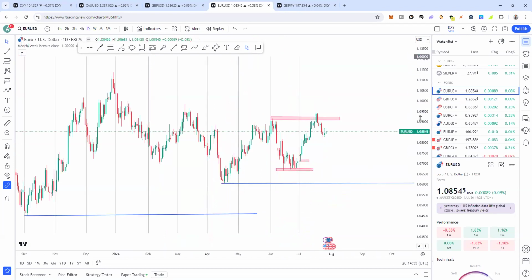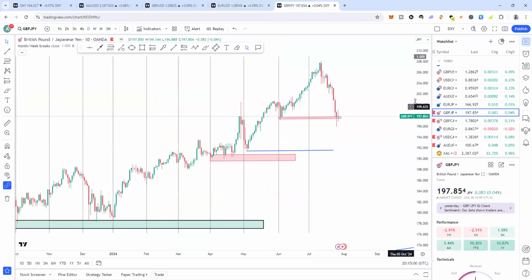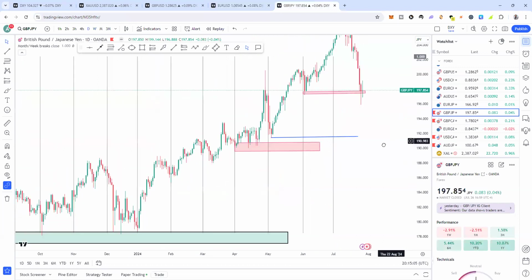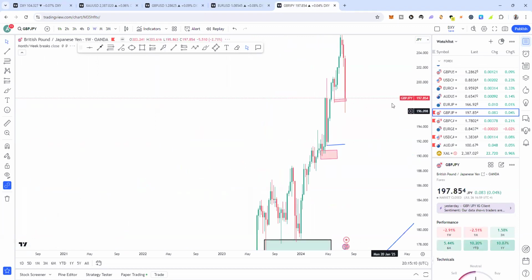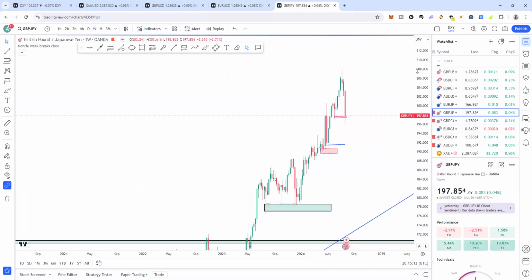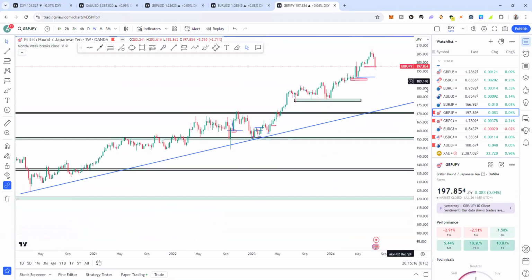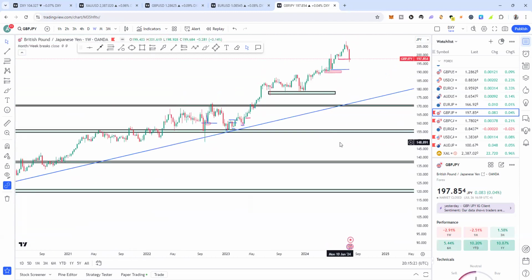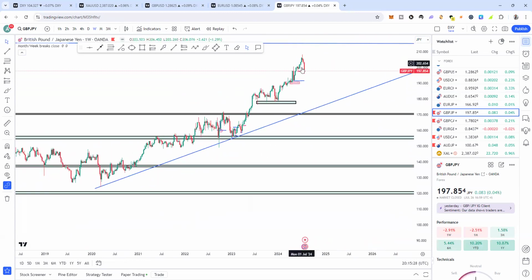So moving forward, lastly, I don't want this video to be too long. For GBPJPY, for so long, the JPY pairs have been very, very bullish. If you look at the weekly time frame, since last year, we've been super bullish. We started this move in 2020, right? So for about 4 years, GBPJPY, as you can see, has been super bullish, and it's still bullish. But we're having a pullback, which I'm loving.